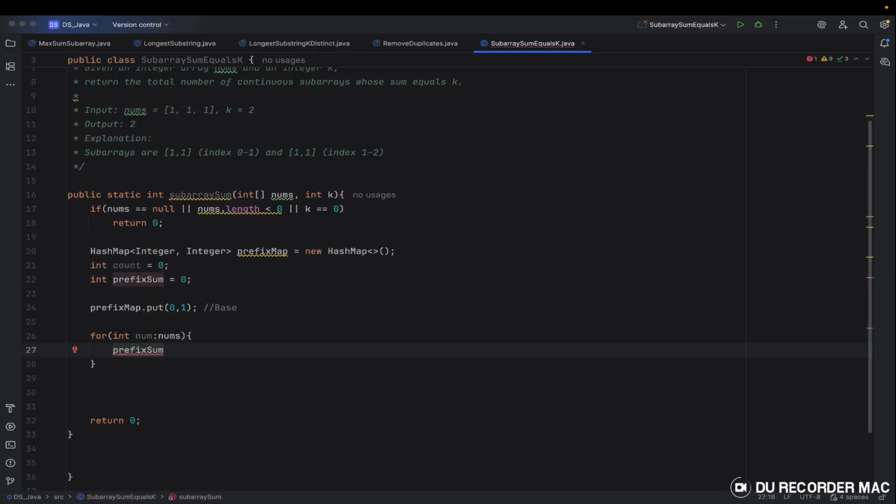Only subtraction and addition. Don't do anything else. First is addition, like a sum: prefix sum equal to current num. So we want to keep on adding the inputs. That's the